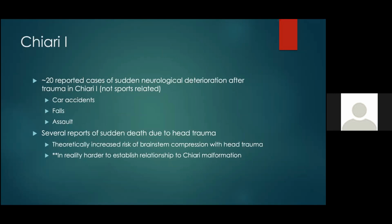There's this theoretical risk of brainstem compression, downward herniation that could ultimately lead to damage in the midbrain with a sudden twisting of the head or neck, or with a light blow to the head. The reality is that it's difficult to establish how likely a person with Chiari is to have a devastating neurologic injury in sports, because it's really difficult to say, number one, how many people have Chiari, and number two, how many of the people with a Chiari-1 that had these sudden neurological deteriorations after a minor trauma, how many of those can actually be attributed to the Chiari, and how could they be sure that